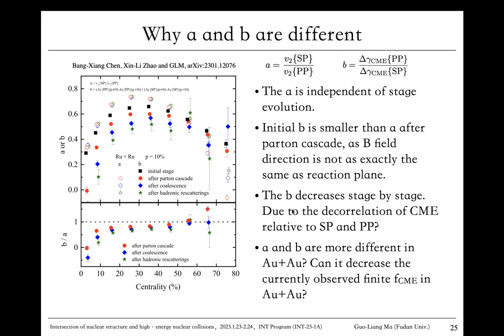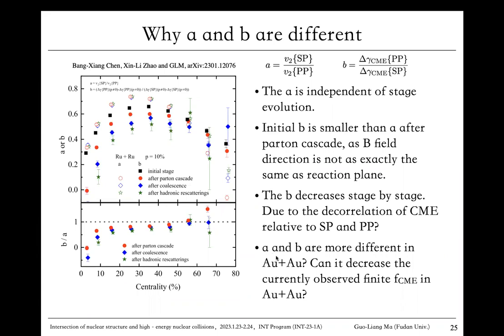So it could be due to the decorrelation of the CME relative to the spectator plane and participant plane. This can also be seen by the ratio. If we take B over A, we can see it decreases with evolution. So A and B are